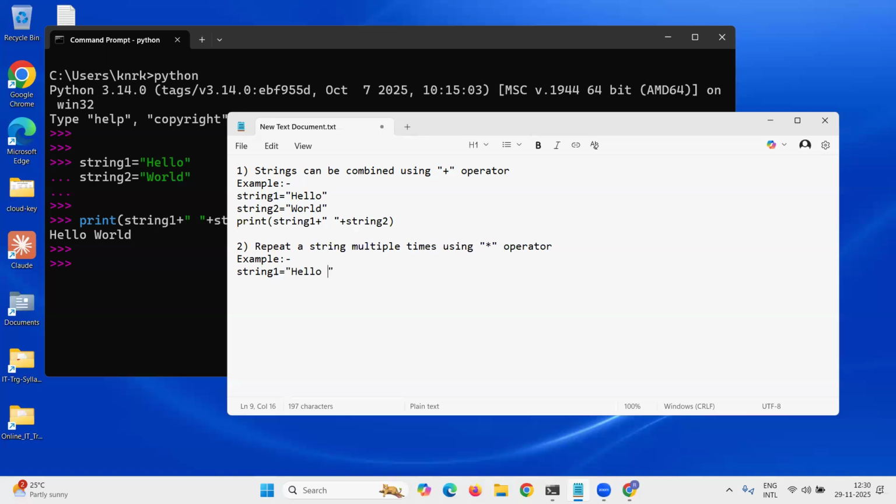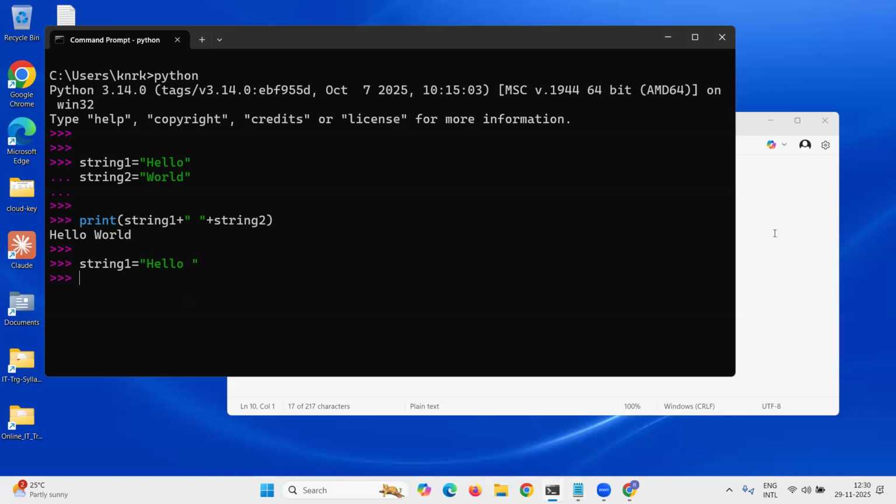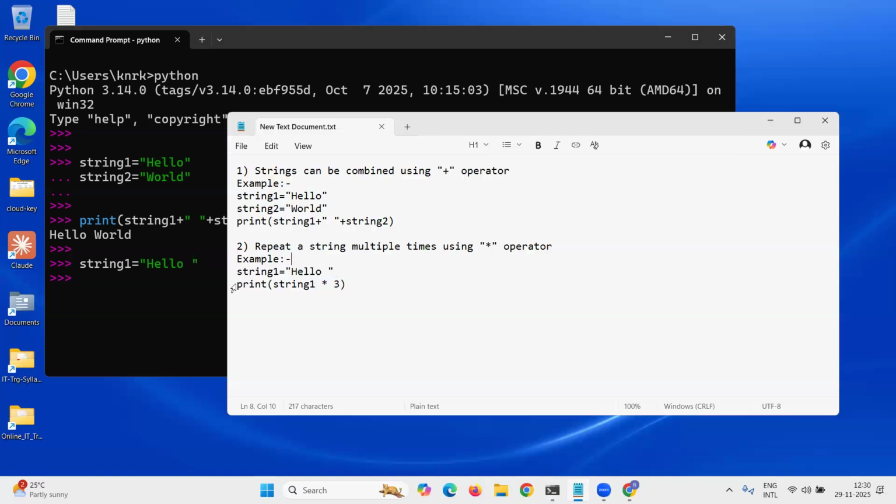Let's say, if we don't give a space mark here, what will happen? Hello will be displayed multiple times without any space mark. So I'm adding a space within the string itself. So print command, string 1 multiplied 3 times. Okay, check first